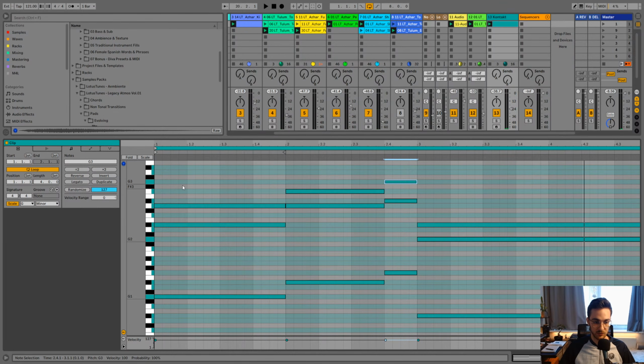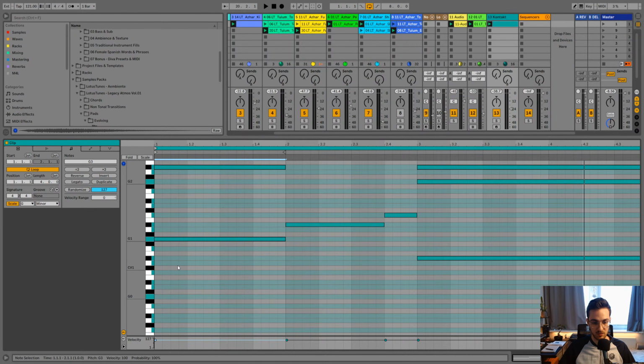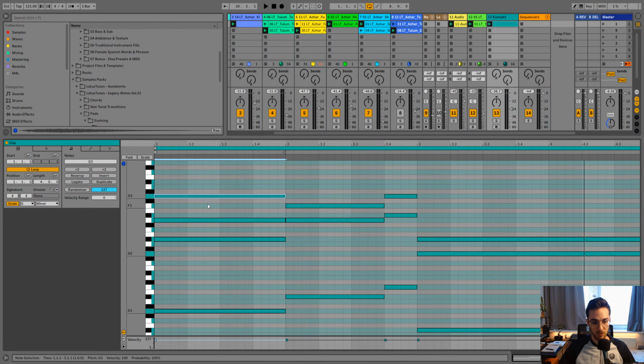And now what I'd like to do is add in a note that follows along every single chord. Maybe the G. So the G is also the root note. Might be a bit boring. Usually if you have the root note playing along in every single chord, it sounds very standard. So perhaps we could go for